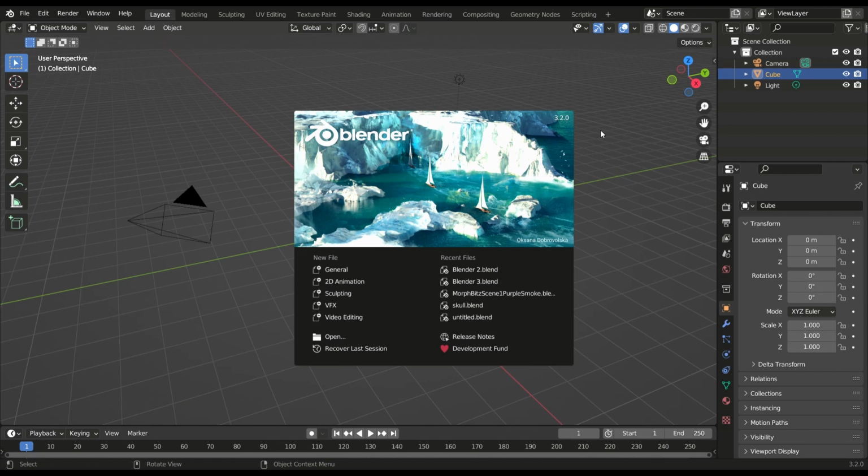Hey guys, I'm Harshit from 3DLabAnimation.com, and in this video we're going to learn about how to navigate in Blender 3.2 and some of the basic shortcuts that might be helpful. In the previous video we learned all about the sections of Blender 3.2,